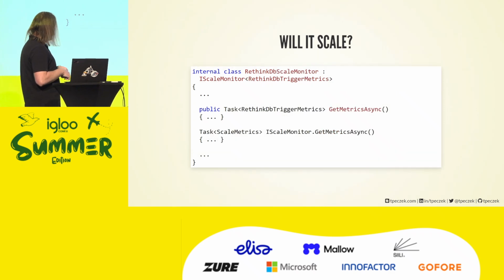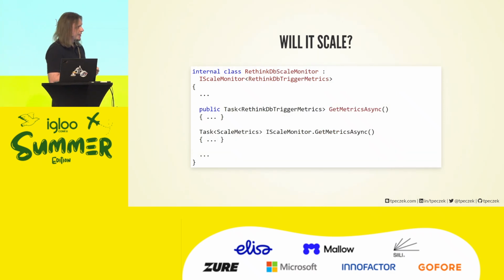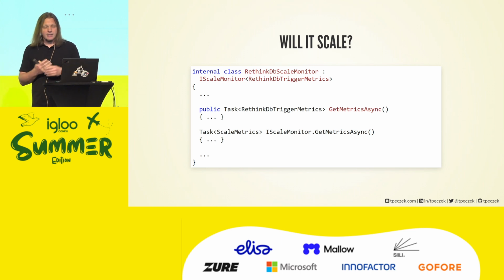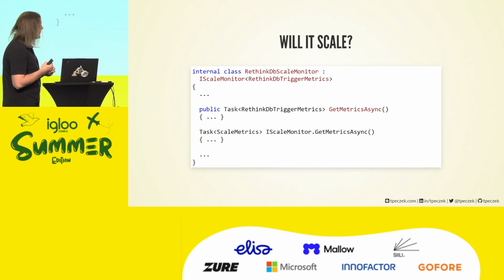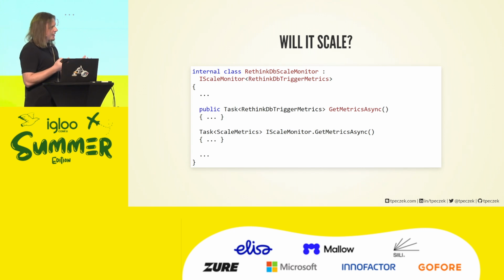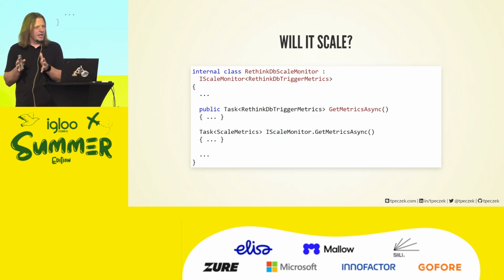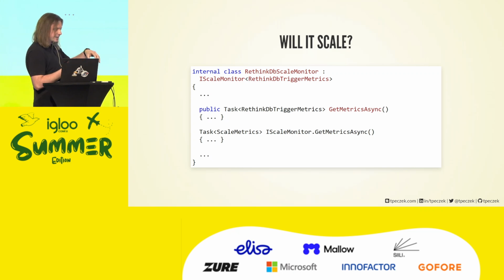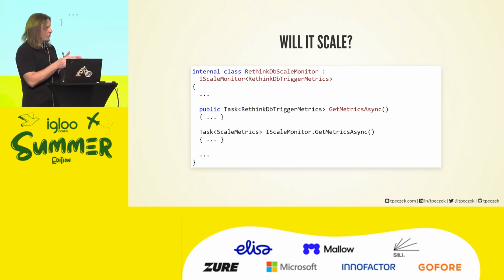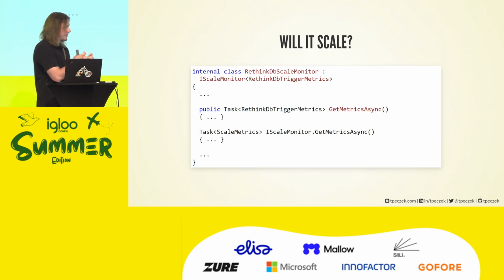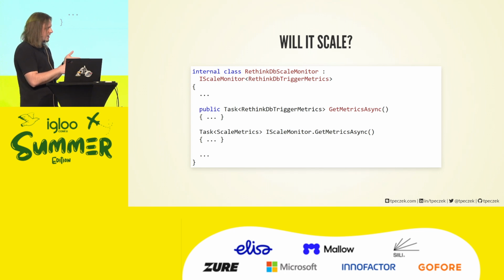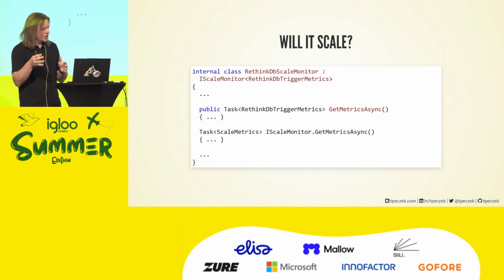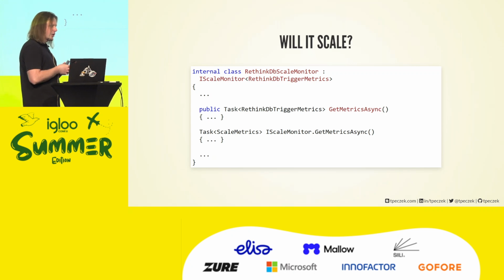Scale monitor is that older component. It's responsible primarily for gathering metrics. How does it gather metrics? That depends on the service, obviously. I will use Cosmos DB as an example, because we seem to like it at this conference. So in case of Cosmos DB, the trigger is based on change feed processor. And change feed processor has a change feed estimator. So this code is actually creating an instance, asking for the information. The information contains how many items are there waiting to be processed, and how many lease documents are there in the lease container. And the lease container is something that is managing state for the change feed processor of Cosmos DB, right? Very internal knowledge to Cosmos DB.